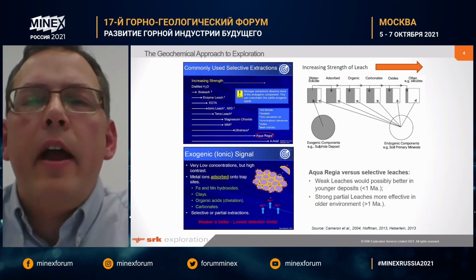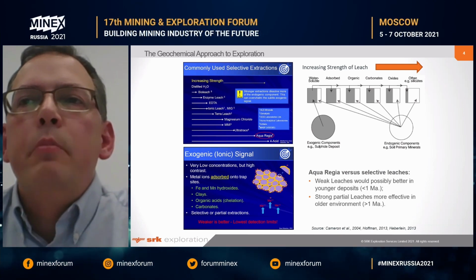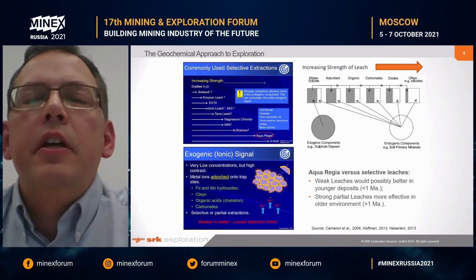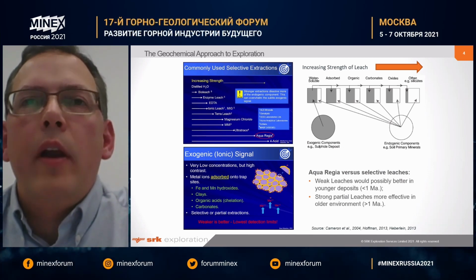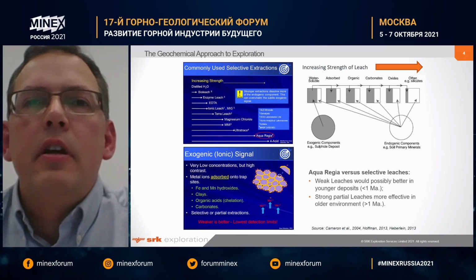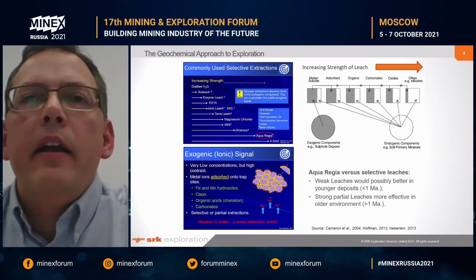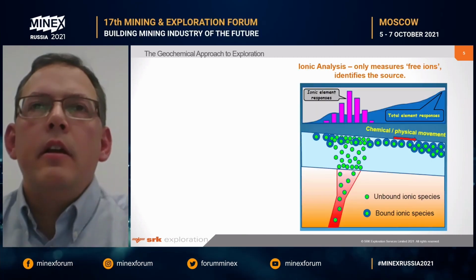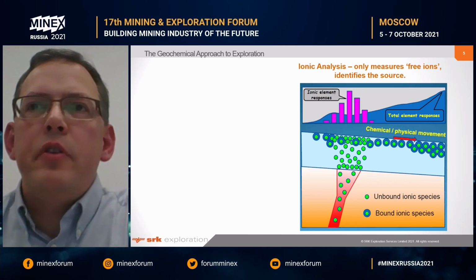And this is where I get the title for my presentation from: because ionic leach uses weaker or less acidic solutions, in this case weaker is better and allows the lowest detection limit. So for geochemistry then,